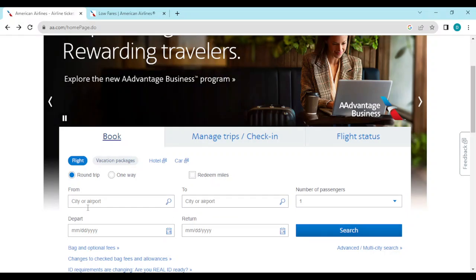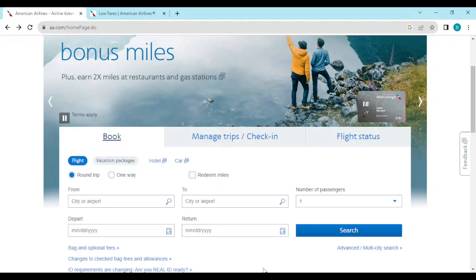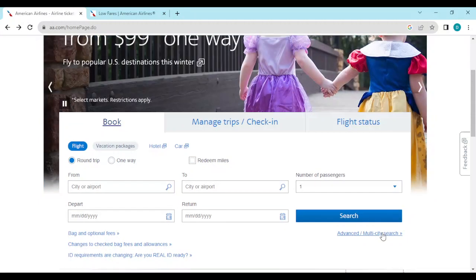details. Which city are you coming from? Which city are you going to? Your departure, your return. Just ensure you fill in everything. And then once you fill in everything and click on search, you'll be further directed on what to do. Just go ahead, fill in the required info. Once you fill in the required information,